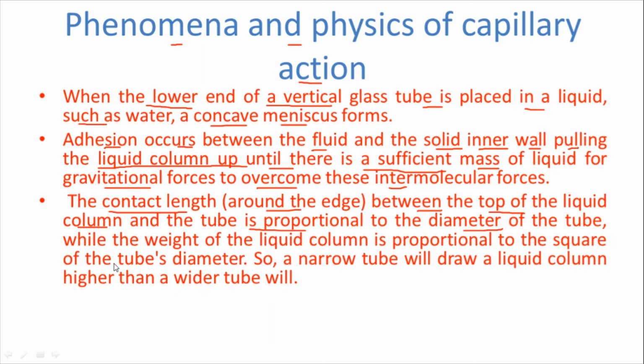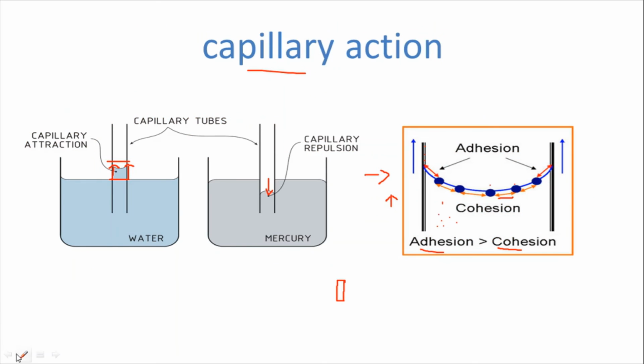Suppose you are taking a small size of tube, then the capillary tube. So the diameter of the tube is more important, and also some of the principles are added. You know very well the atmospheric pressure in the capillary tube is 0 compared to the outside. Outside is 1. Atmospheric pressure is 1. Here, inside of the capillary tube is 0. So the solution gets upward.